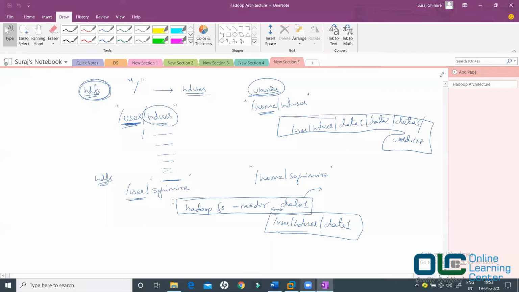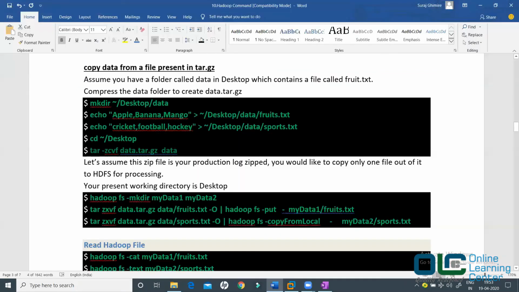Now let me create two folders inside my HDFS. Let me create the first folder called fruits, and the second folder called sports.